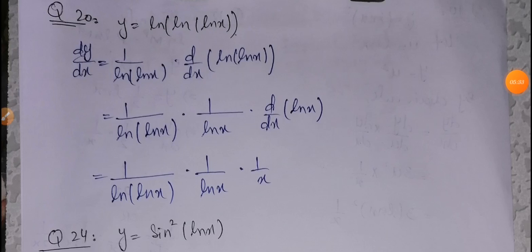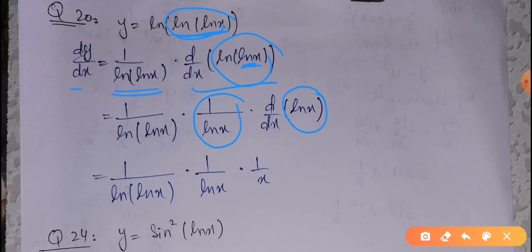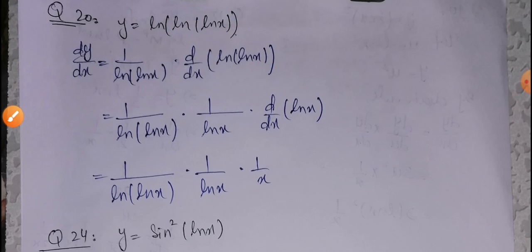Next we have question number 20 from the exercise. y is equal to ln of ln of ln of x. So here you can use the chain rule, but for that you have to use the chain rule 2 to 3 times. So here we are going to solve it directly. dy by dx is equal to, what we are going to do, ln of some function, so 1 over that function into the derivative of the function. So 1 over ln of ln of x, derivative of ln of ln of x. Now when we are going to find the derivative, now we have ln of x. So 1 over ln of x into the derivative of ln of x, and its derivative is 1 over x. So here is the simplified form of the derivative.